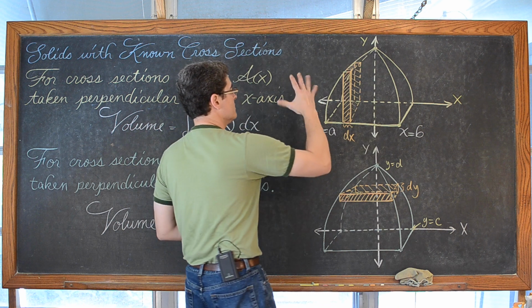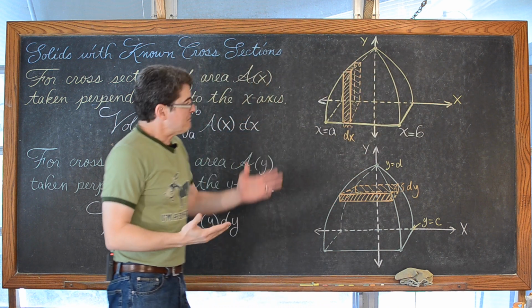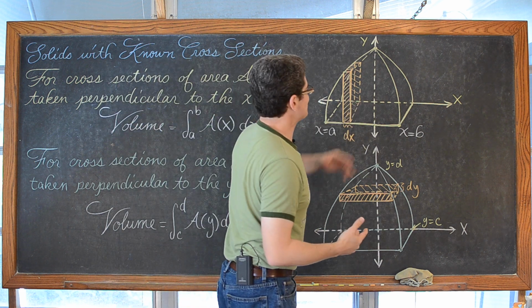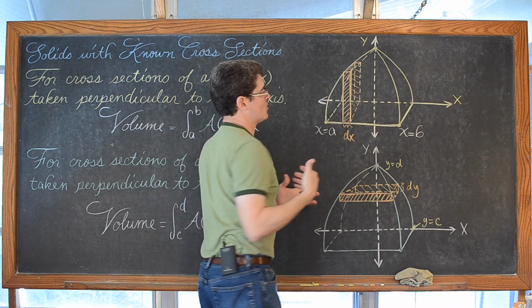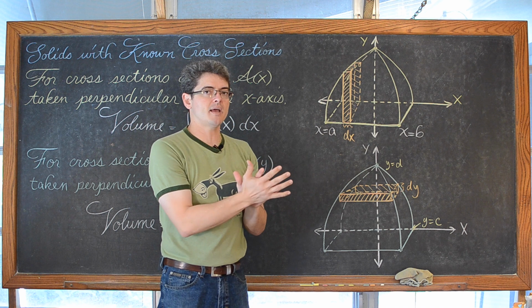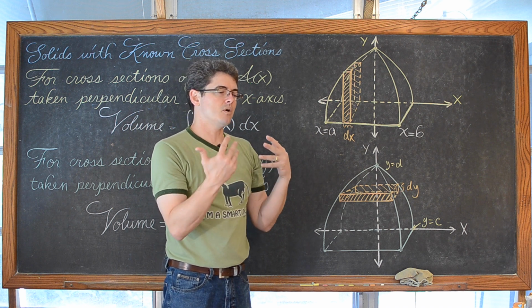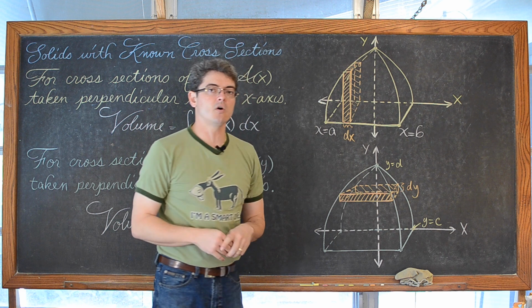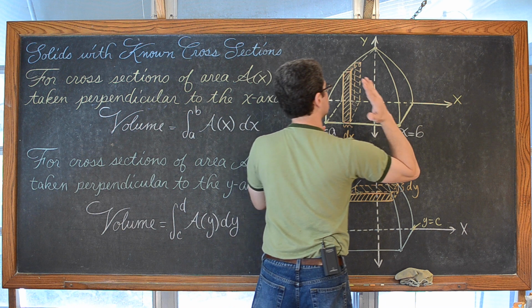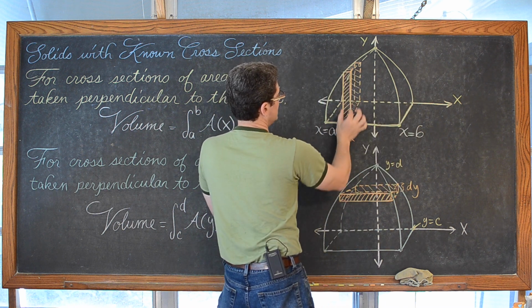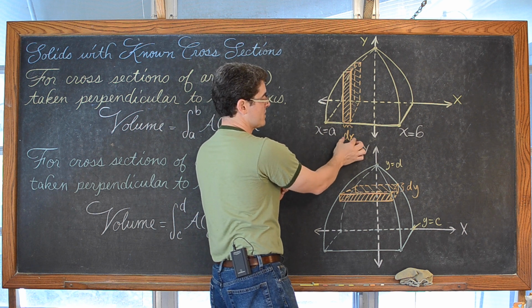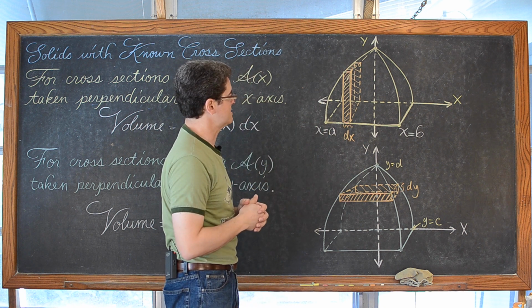So we're slicing here. I have my attempt at drawing a sort of pointy, squarish looking thing on my chalkboard, and I've laid my x and y axis in a normal fashion of horizontal and vertical. We will play with the orientation of the x and y axis sometimes to do our best to get a three-dimensional object drawn on a two-dimensional plane so it looks kind of right. We're slicing it along the x-axis, and thus we're getting these vertical cross-sections, and we're going to let the widths of these approach 0. So we're going to do a definite integration with respect to x.